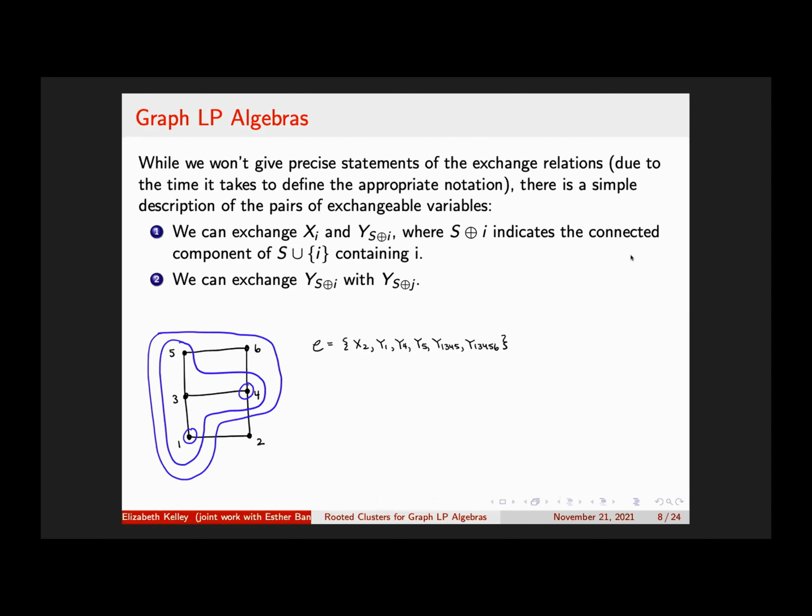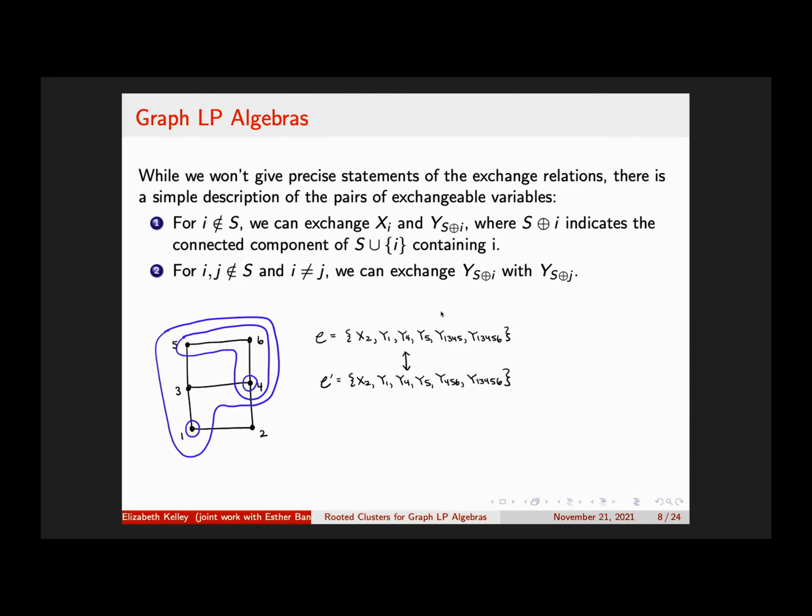So to give you an example, let's say that I start with this cluster. So I have x2, y1, y4, y5, y1,3,4,5, and then y sub everything. One exchange that I could do is I could swap out y sub 1,3,4,5 for y sub 4,5,6. So what I've done here is I've taken the union. So here S is the set of vertices 4, 5. And then I've taken the union with,